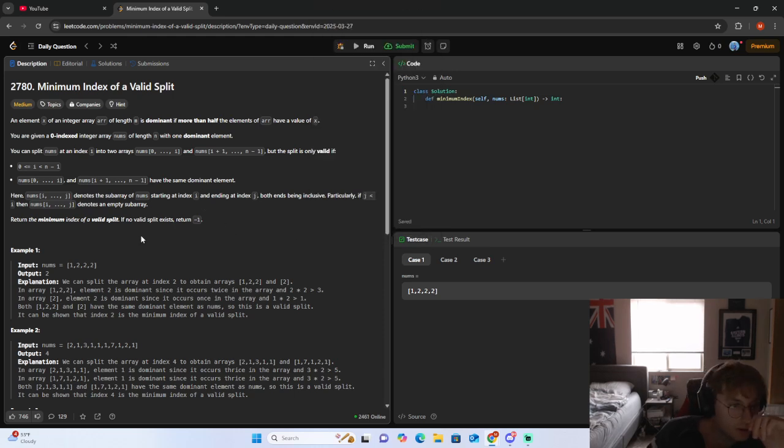Okay. So pretty much we get an array, right? We find out what our maximum number is, right? To find out what our maximum number is, I mean, we can use a hash map for this, right? Then we split. We look for the valid split. What would the valid split be? Well,